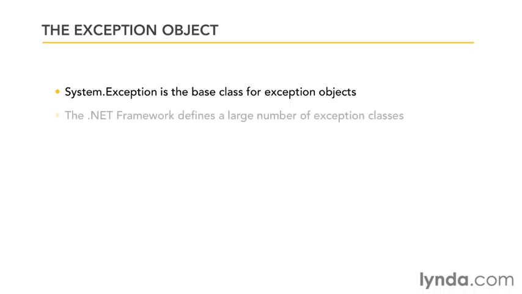Exceptions are in fact objects, and the exception object is defined and derived from System.Exception. That is the base class for all the exception objects in .NET. And the .NET Framework actually defines a pretty large number of exception classes. And for proof of that, let's just quickly jump over to the MSDN website and you can see what I'm